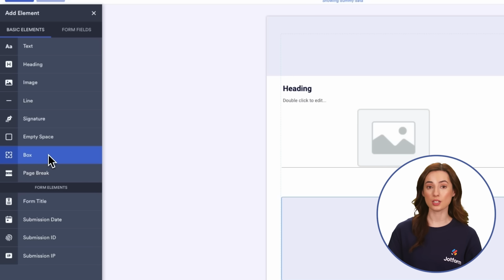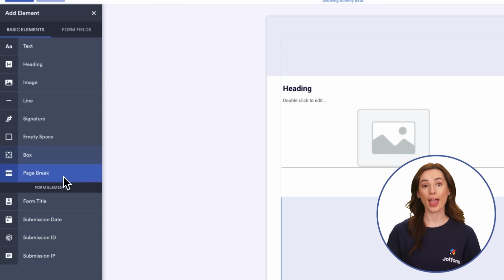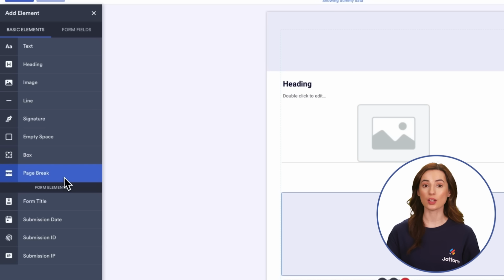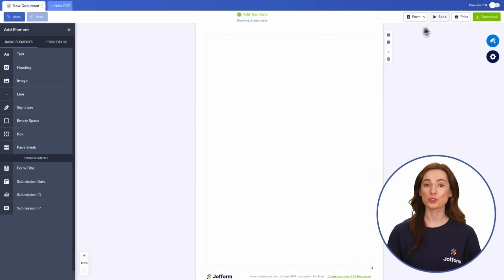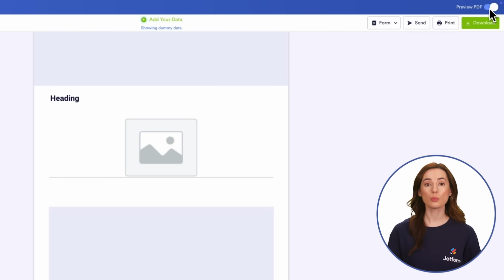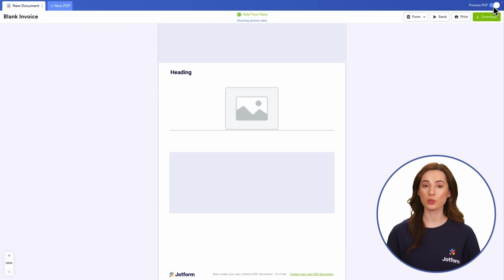If your document continues onto additional pages, add a page break so the main content begins on the next page after the cover. Once you're done designing the page, toggle Preview PDF to see how your cover page appears in